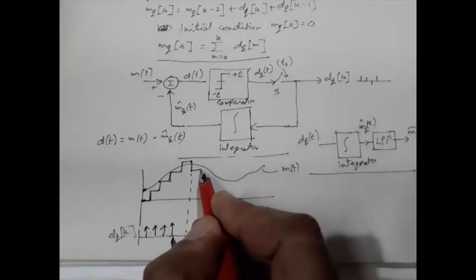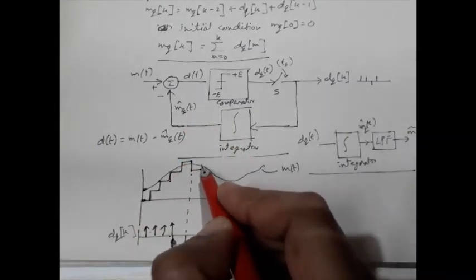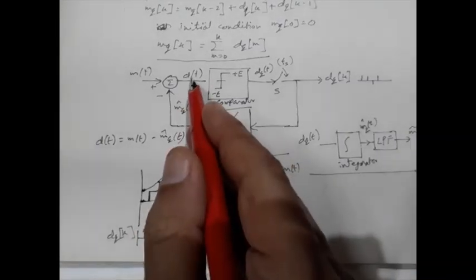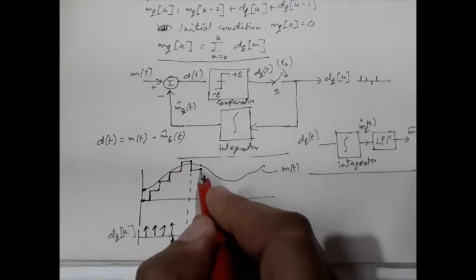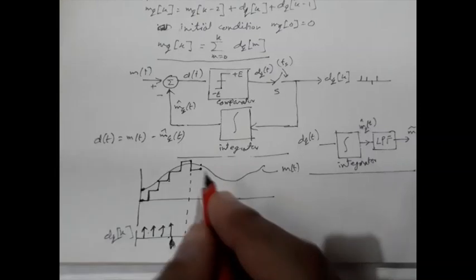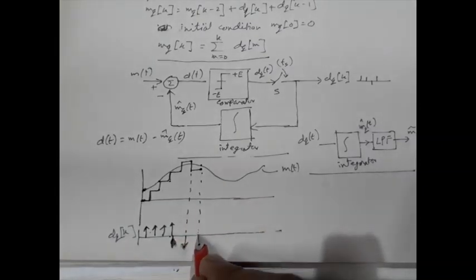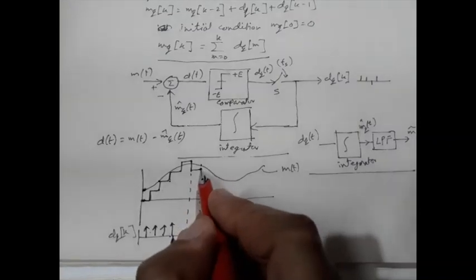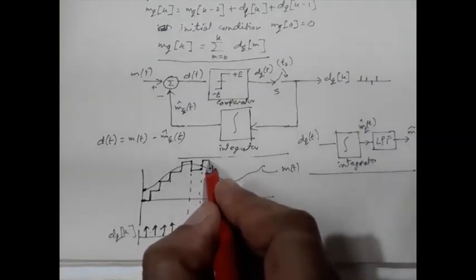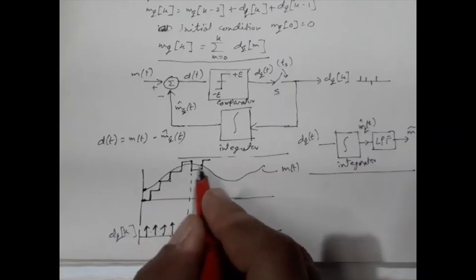Again at this point, MQ cap T is lower compared to M, so D will be positive. So again here this DQK will be a positive spike. At this point it will be a positive spike and it will move in the upward direction. So in this way, in a staircase fashion, the integrator output will try to follow the input signal,